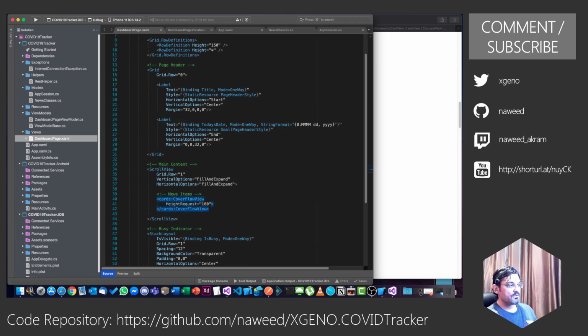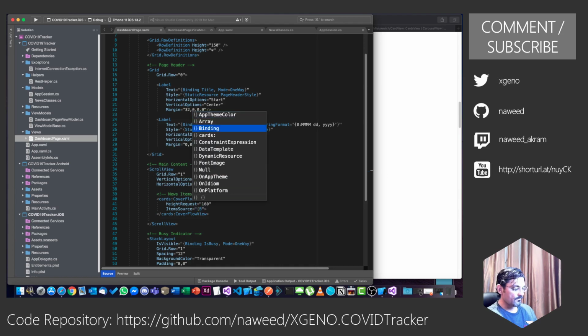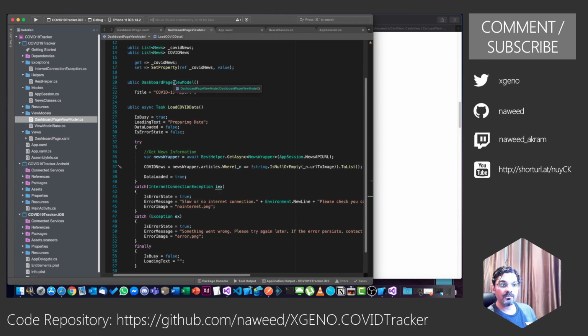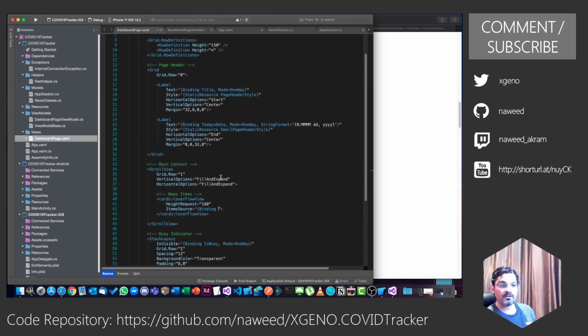We are going to say its item source equals to binding. What's the property we gave here in our view model? COVID news, and mode is equal to one way. Let us run this, and then we will customize this as and when we move along.